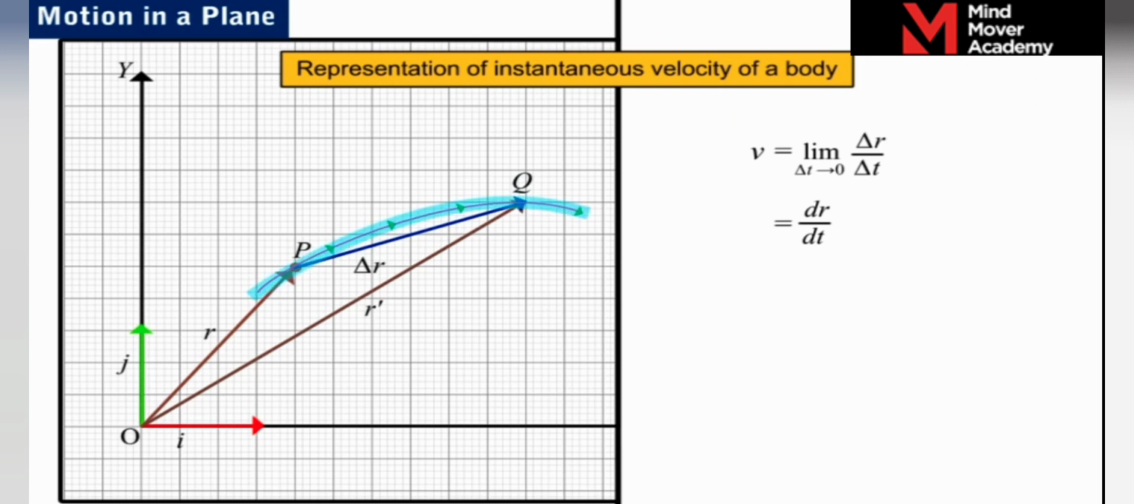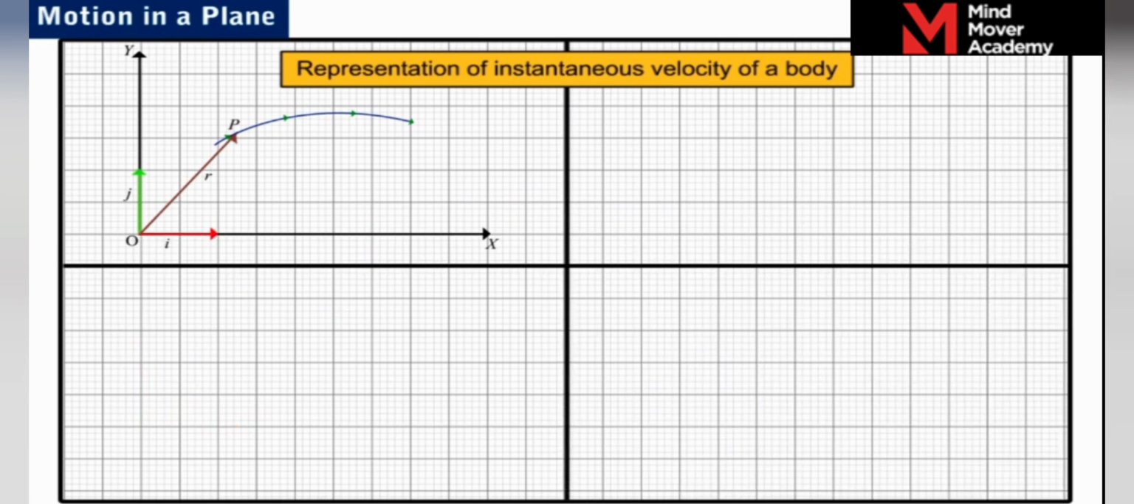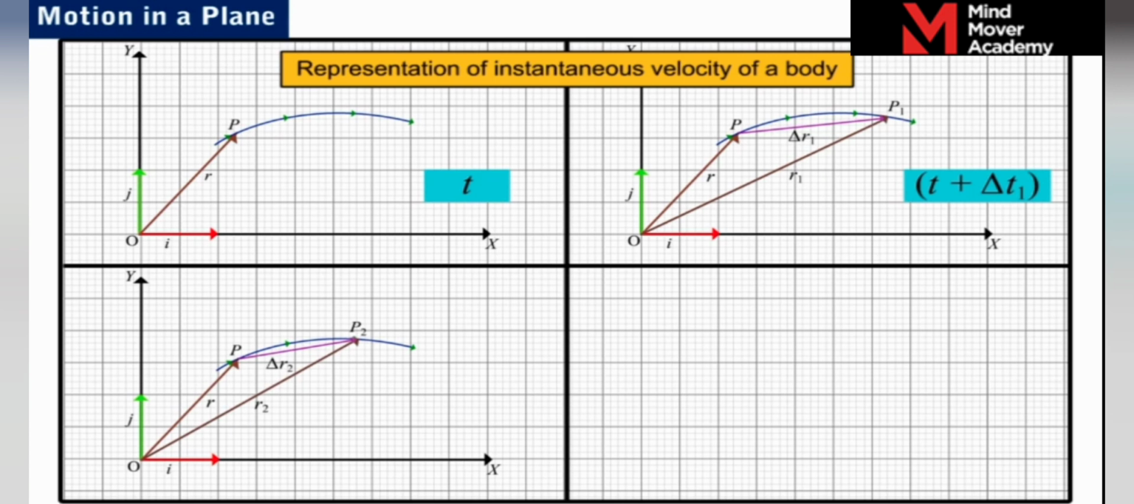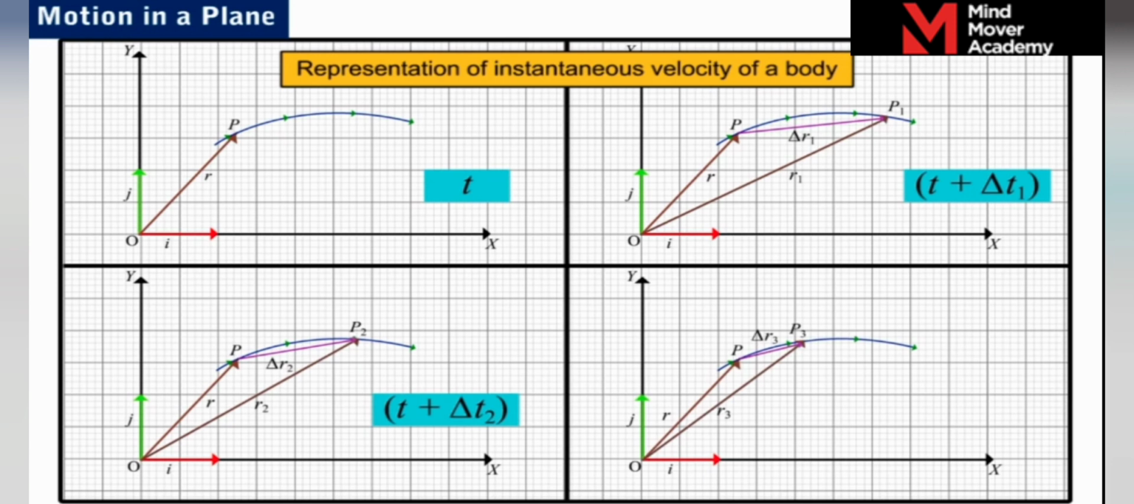When the body is moving along the curved path in the xy plane, it is at point P at time t, at point P1 at time t plus delta t1, at point P2 at time t plus delta t2, and at point P3 at time t plus delta t3. The position vectors of these various points are: P is r, P1 is r1, P2 is r2, and